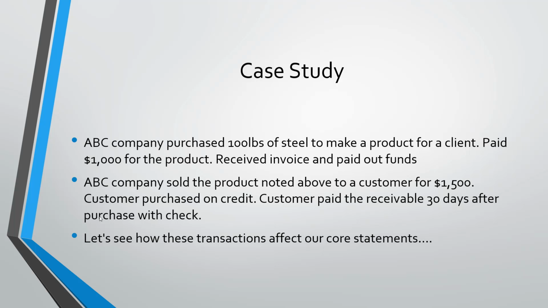So in this situation, ABC company purchased 100 pounds of steel to make a product for a client. They paid $1,000 for the product, received the invoice, then paid out the funds. So in other words, it's a credit transaction. Then ABC sold the product that they purchased to a customer for $1,500. So in other words, in this situation, they'll have a $500 profit. And the customer purchased on credit,